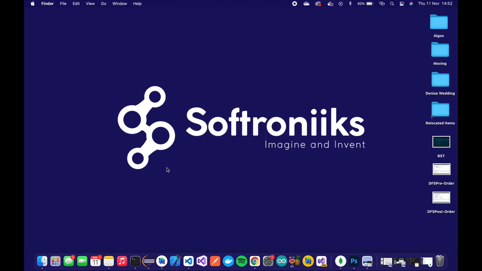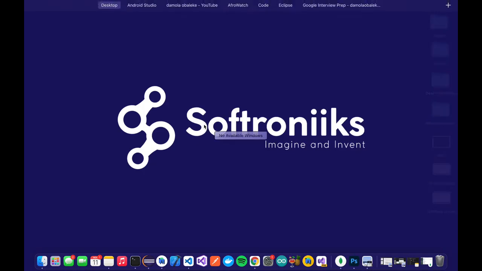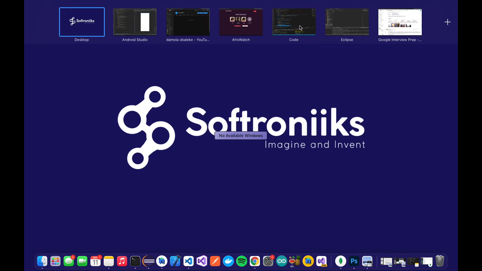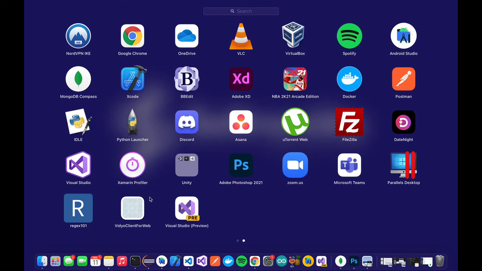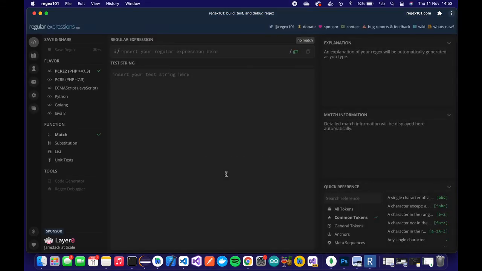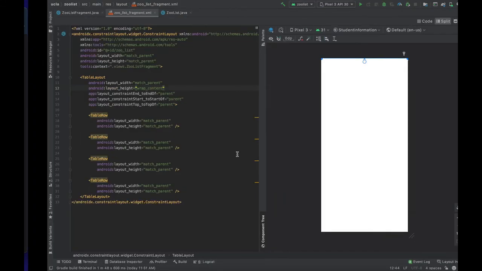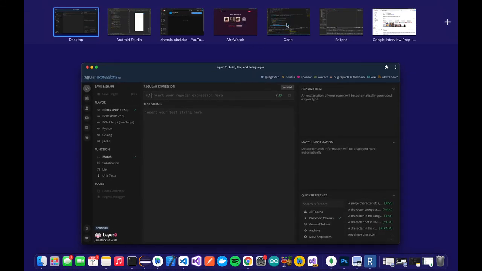And one thing I would like to show that would be of good use for engineers or anyone who wants to understand regular expression better is Regex 101. It's an application you can use to check your regular expression. So if I put this here,